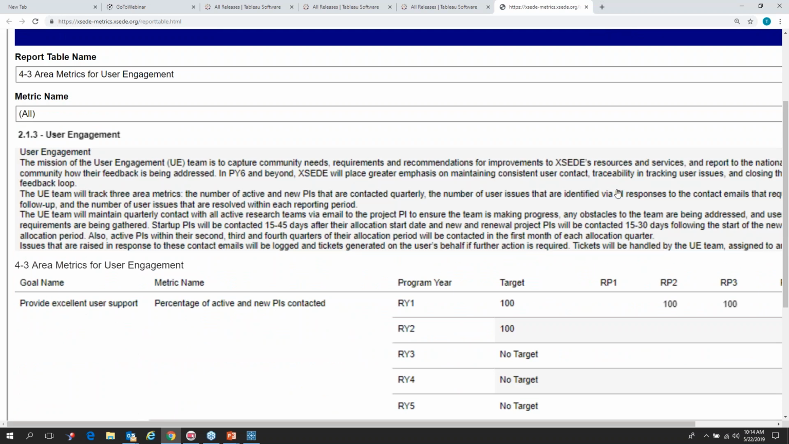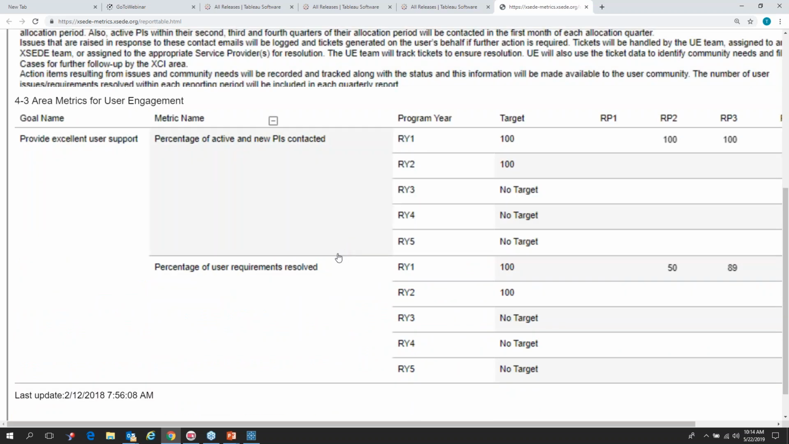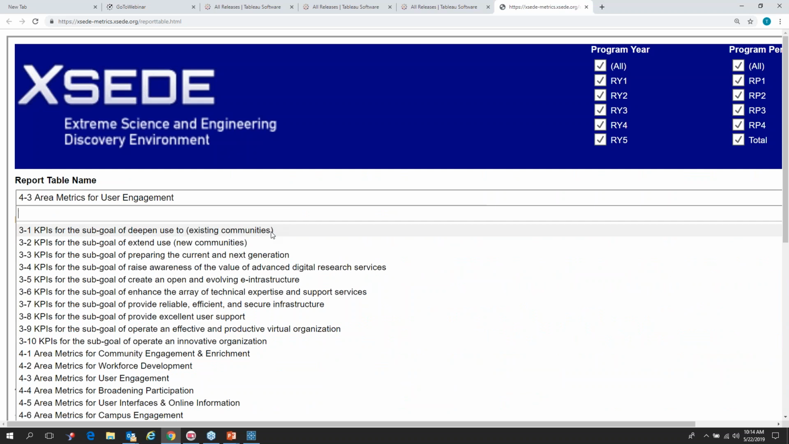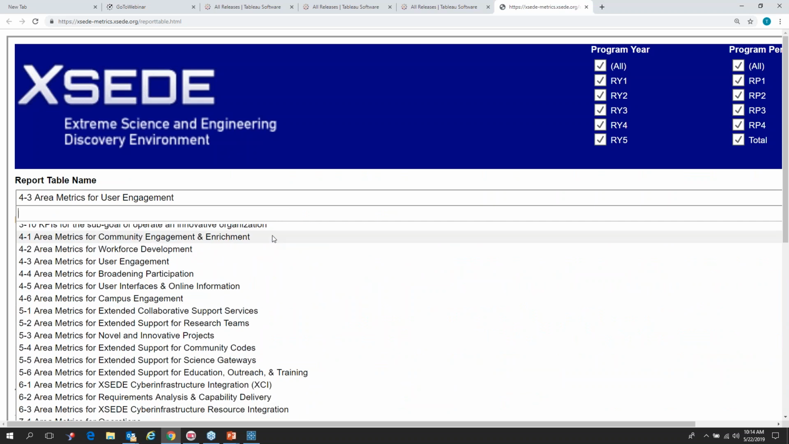So if you see, this is just the same way of how the report looked like. There was some filter to fill out by year and by report date. Those are the tables. You have